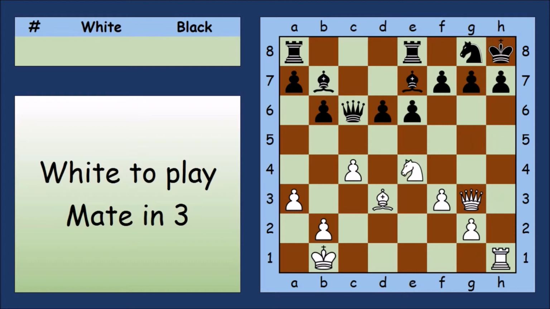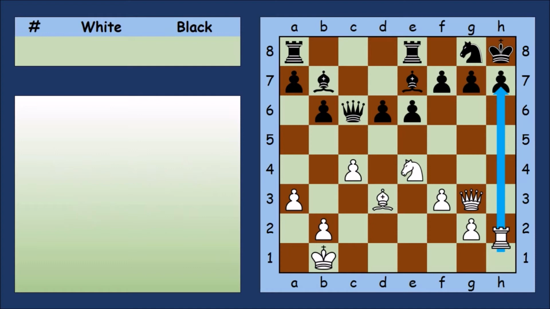You should always consider checks. If you check your opponent, you know they'll have to get out of check. So you don't have so many possible options to think about. There are 2 possible checks to think about. Which one looks best? The rook check looks best,